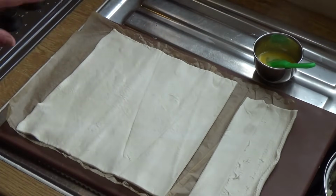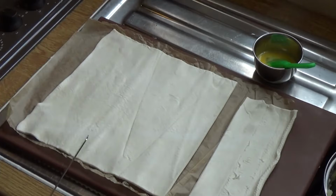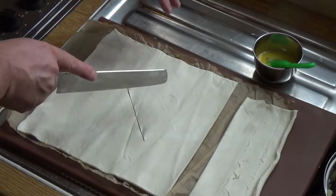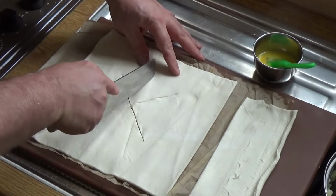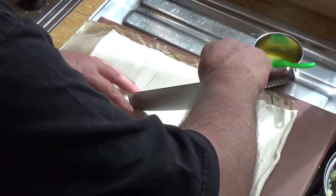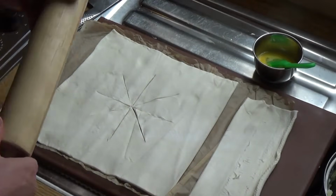And then the next thing I want to do is make that lovely star-shaped pattern that you saw in the thumbnail. Now the way I do that is I make a cross in the centre. I then go that way, and then that way, that way, and that way. So we use a rolling pin to transfer it to the pie dish